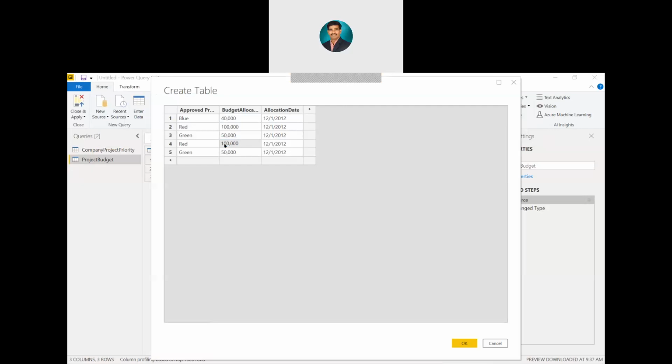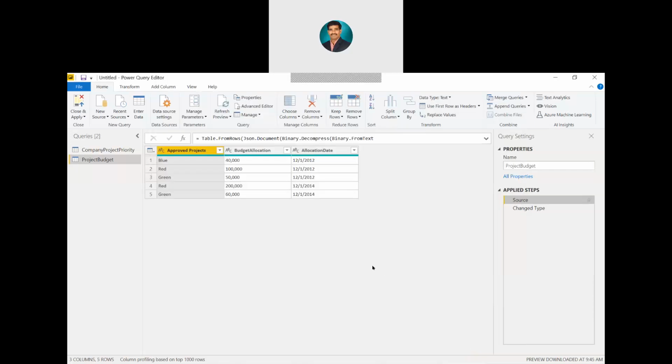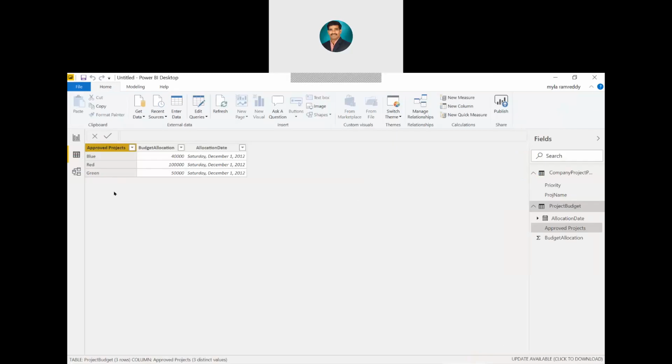Instead of year 1 and 2, I am keeping year 5 and year 6, and instead of 2012 I am keeping year 2014. Here also, instead of 2012, I am giving 2014, something like this. Then I click on OK. Now the data is changed. If I try to click on close and apply,